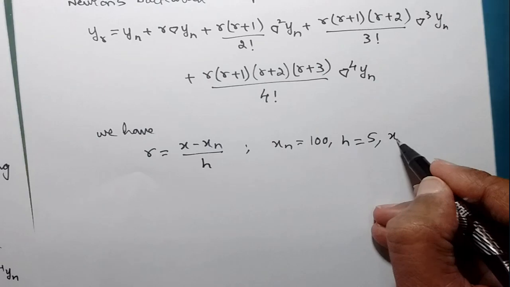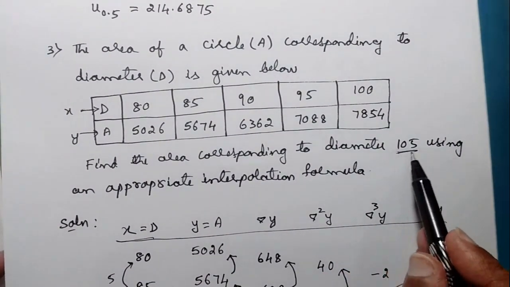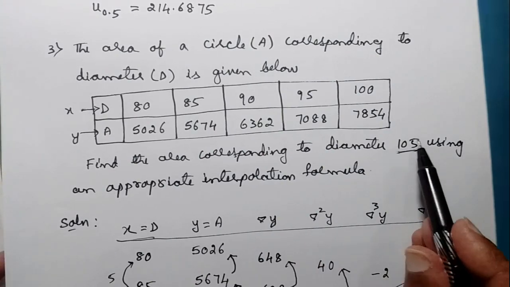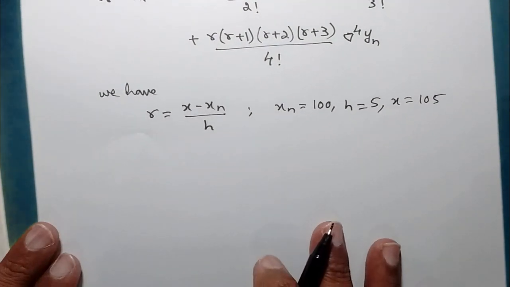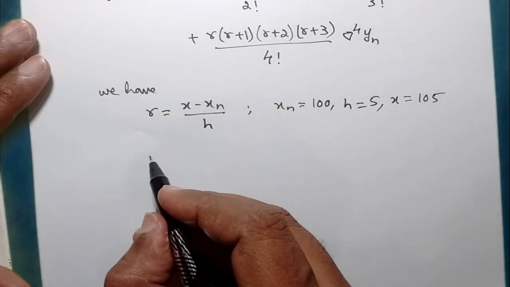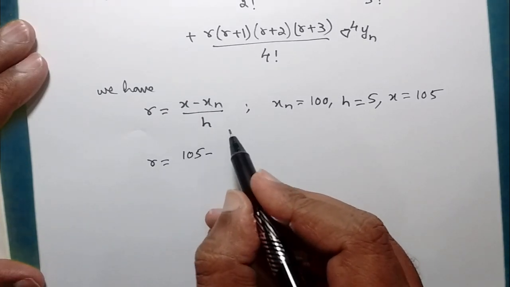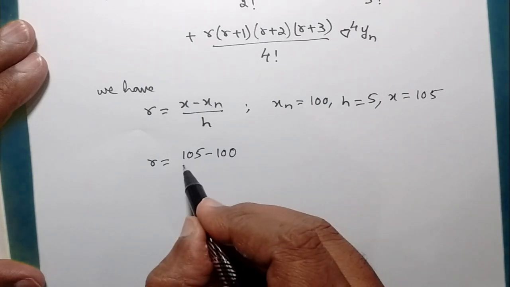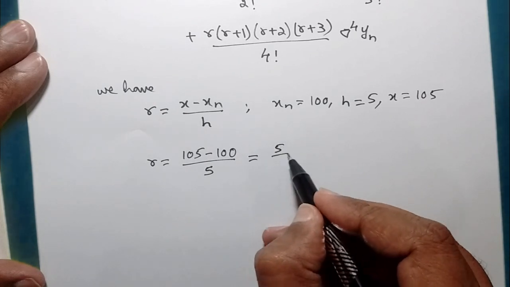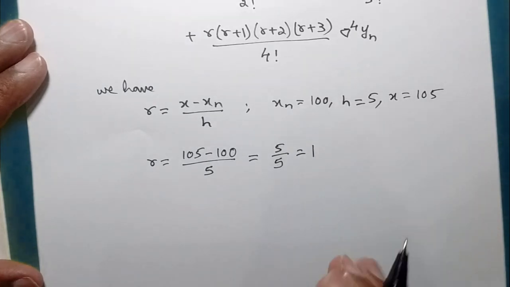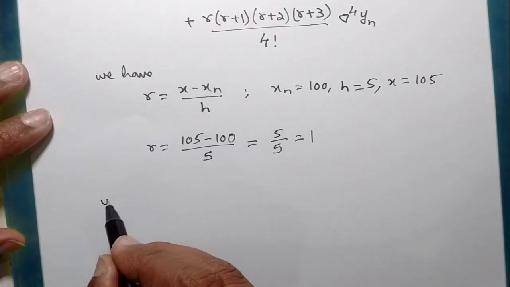And what is the value of X given? At what point we have to calculate? So you have to find out the area corresponding to the diameter 105. So 105 is your value of X. So X value will be 105. So if I plug in the value here, it will be R is equals to X value is 105 minus Xn value is 100 divided by H value will be 5. So 105 minus 100 will be 5 divided by 5. So 5 by 5 will be 1. So we know the value of R. Now you can plug in back there. So YR will be